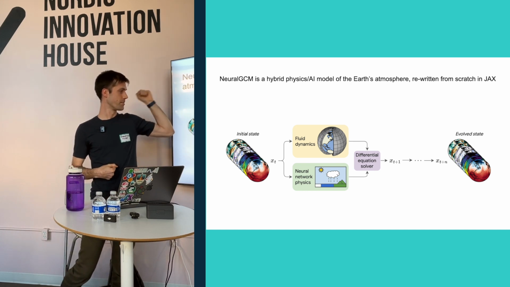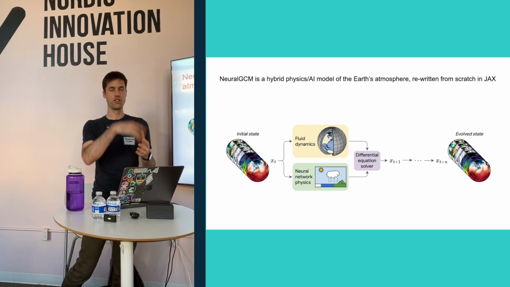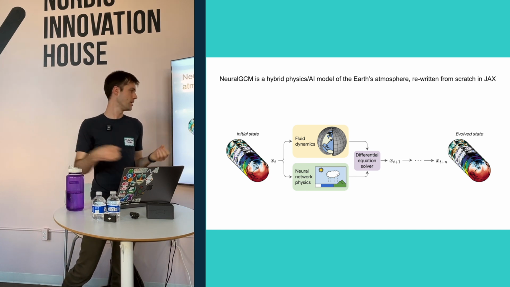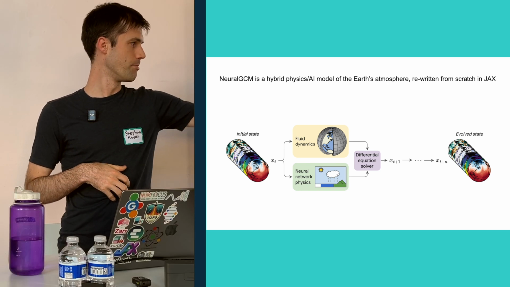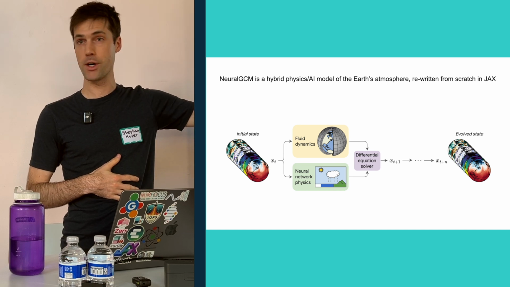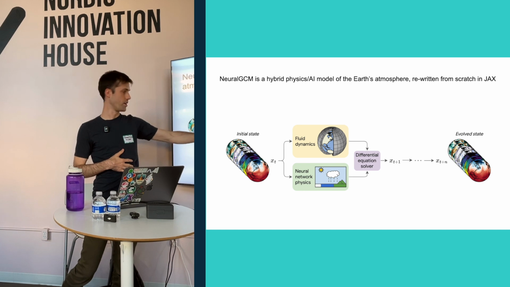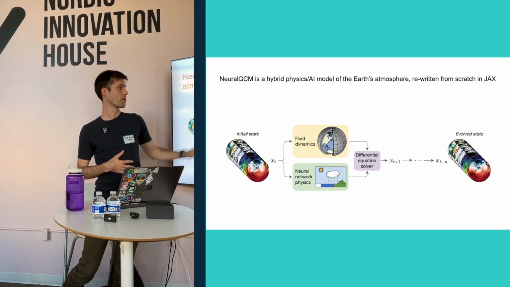So that's processes like solar radiation, clouds, raindrops, interactions with ocean and land surface, evaporation of water. All of this stuff is the majority of the complexity in a traditional weather or climate model. And here we're going to replace all that really complicated stuff, which is a huge amount of code and the equations are not very well understood. We're going to replace it with a neural network that learns it from data.